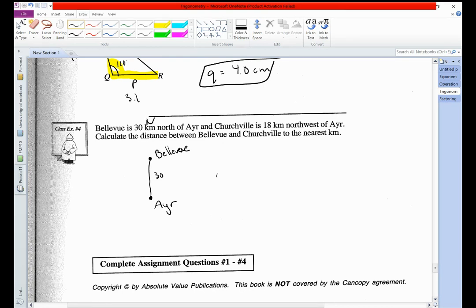So first of all, never eat shredded wheat. It looks like